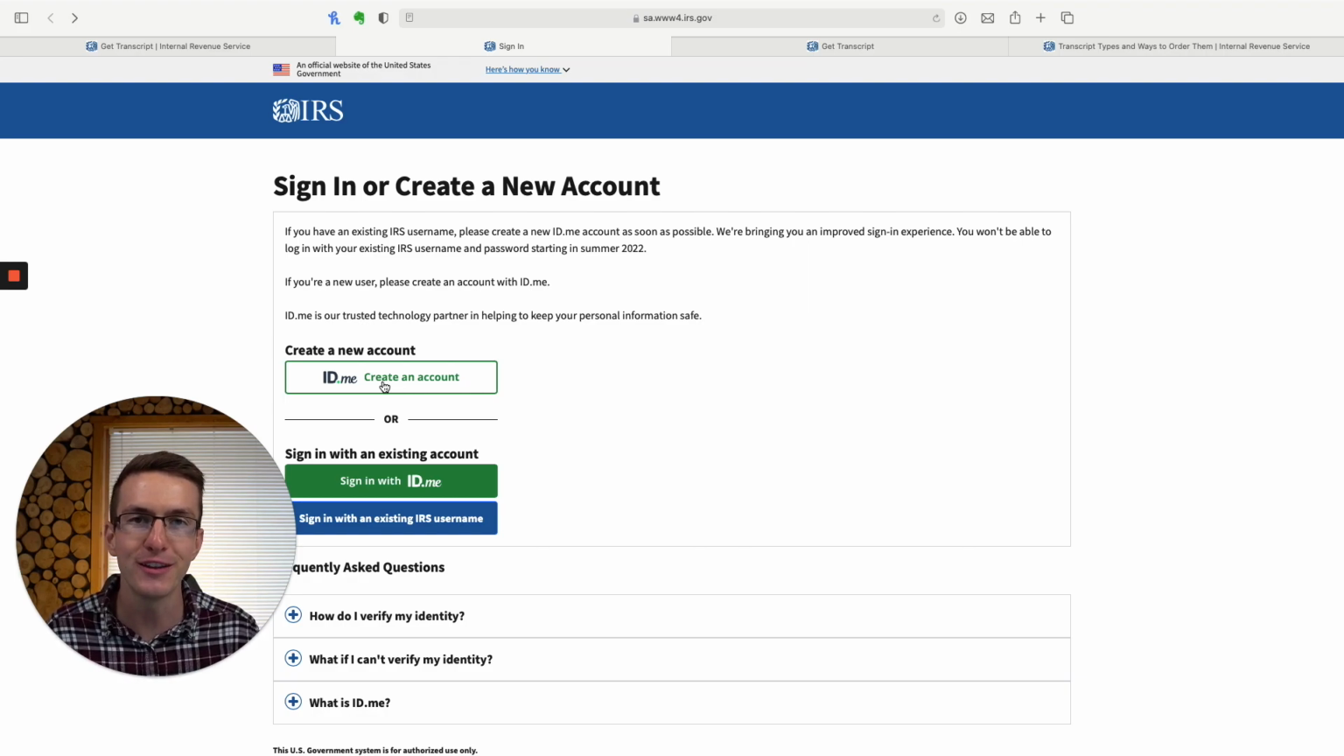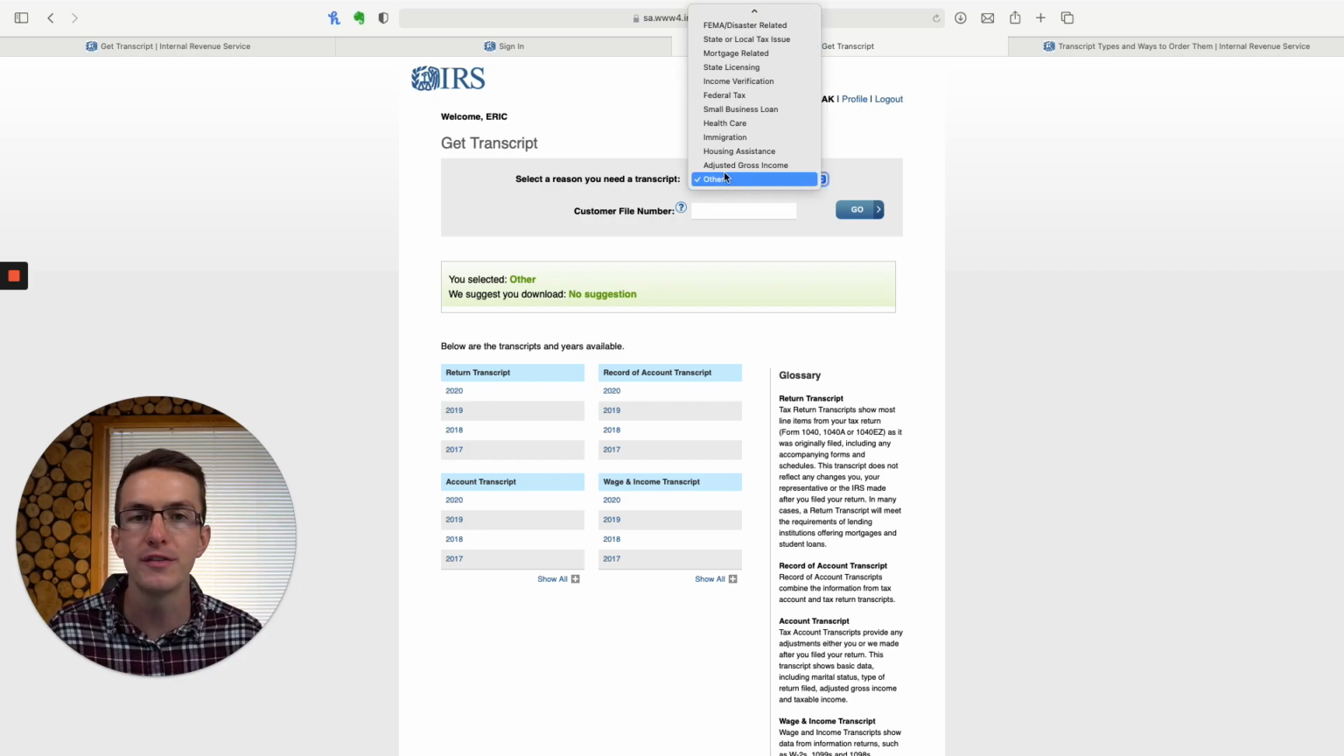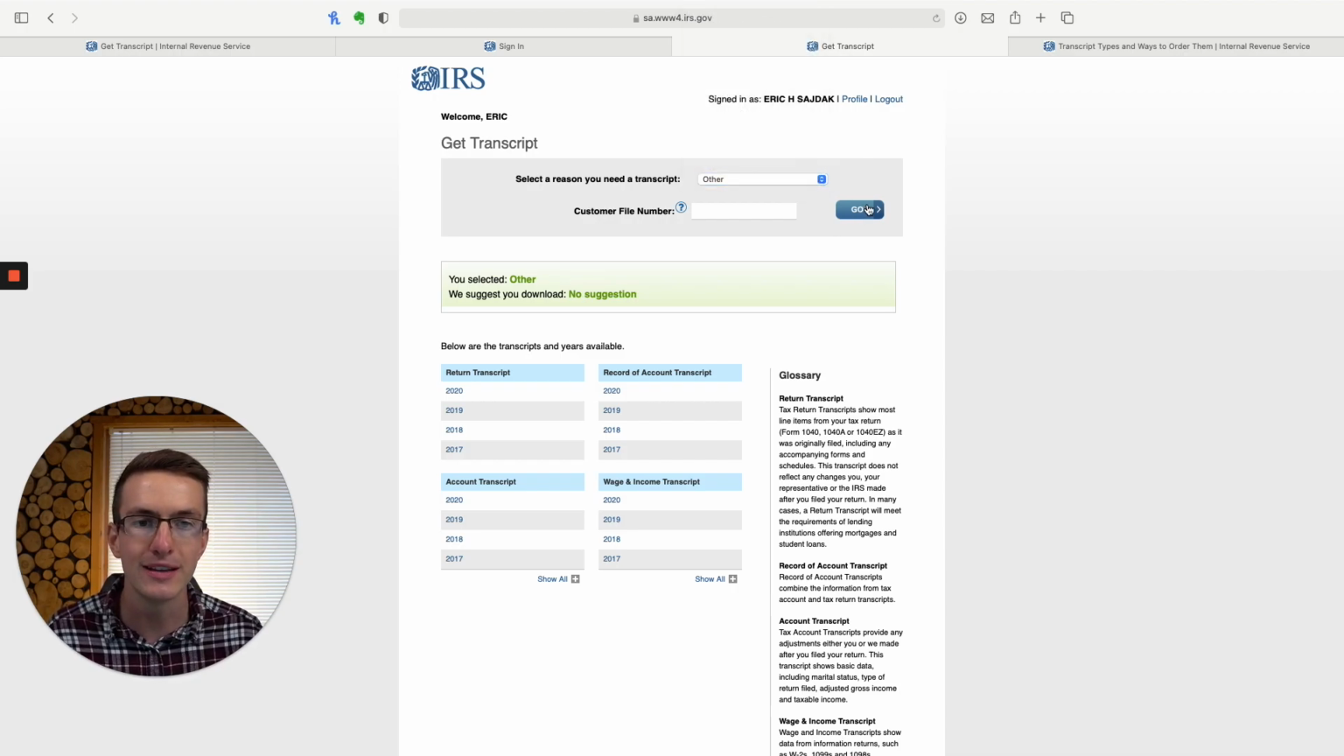This way to make sure that they're verifying that you're the one requesting these transcripts, as there's a lot of private and confidential information on these transcripts. Now, once you've created an account, you're able to go in, log in, and start requesting transcripts. The first thing they're going to ask is to select a reason that you need these transcripts. They give you a bunch of different reasons. I typically choose other. This won't affect what transcripts you're able to access,